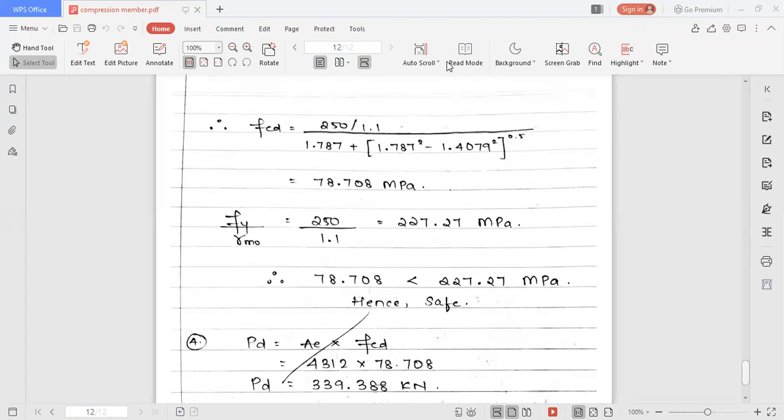Okay, so we'll stop here for the day. We'll continue the next sum in the next lecture. For your UT, you have the first and second modules, that is the basic introduction part, as well as the second module, that is tension member. I will share all the notes with you. The second chapter notes on tension member are already with you, and I will share all the other theory notes as well. So the two modules will be there in your first UT. Ma'am, it will be MCQ based. Yes.